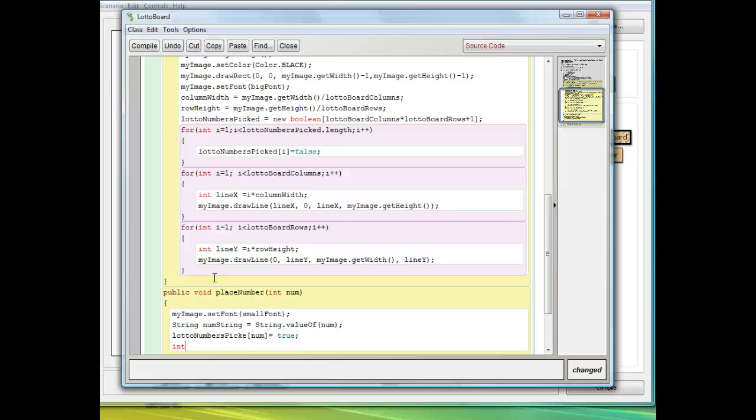Now, the tricky part is I need to know what row and what column I want to be on. So let's start with the row. I'm going to say numRow, which is the row of whatever number we're on. Okay. Now first I'm going to put int in parentheses. Actually I probably don't even need to do this, but that just makes sure that we're dividing and we might come out with a decimal. We probably will. We want to make sure it comes out as an integer. This actually probably isn't necessary, but I'm going to do it anyway. So what I want to do, I'm going to say num minus 1 divided by,